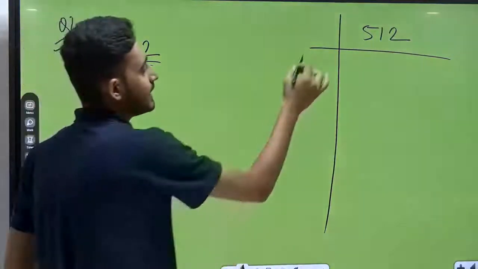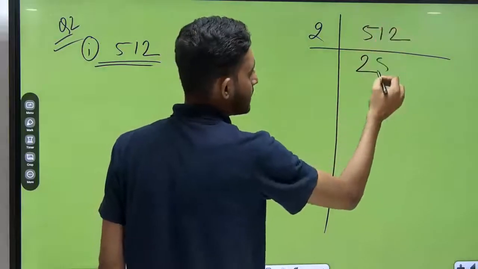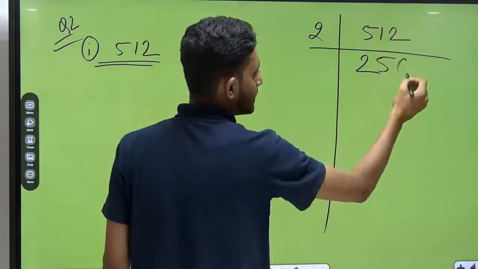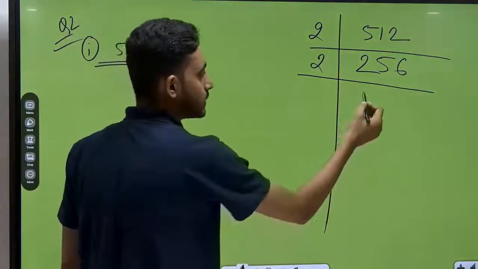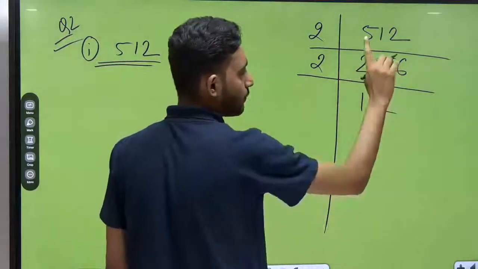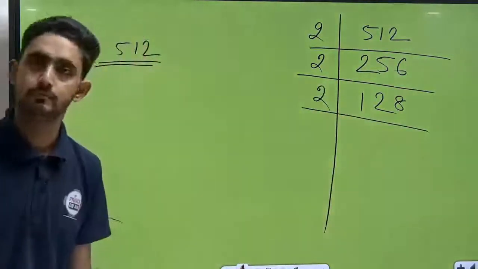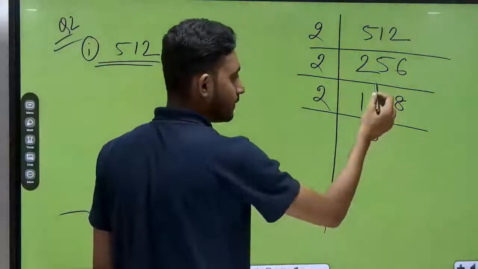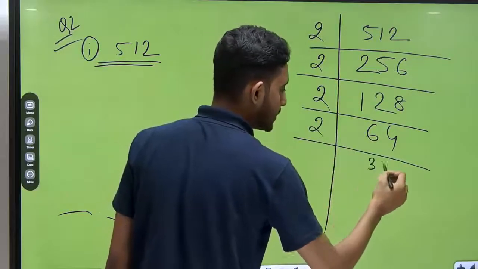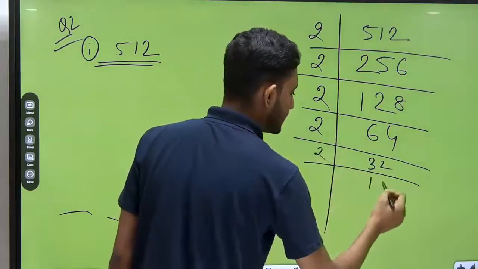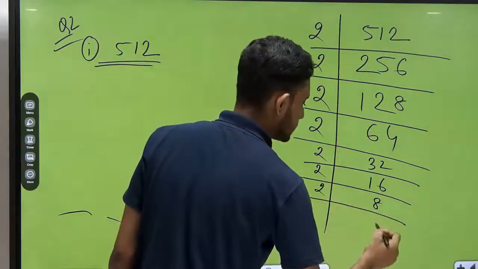So we can say take 2. So 2 2 ja 4, 1 carry 11, 2 5 ja 10, 1 carry 12, 2 6 ja 12. Done. Again divisible by 2. 2 1 ja 2, 2 2 ja 4, 1 carry 16, 2 8 ja 16, done. Again it is divisible by 2. Okay, 2 6 ja 12 and 2 4 ja 8. Again it is divisible by 2, that is 32. Again 2 16, again 2 8, like this it goes on continuously.